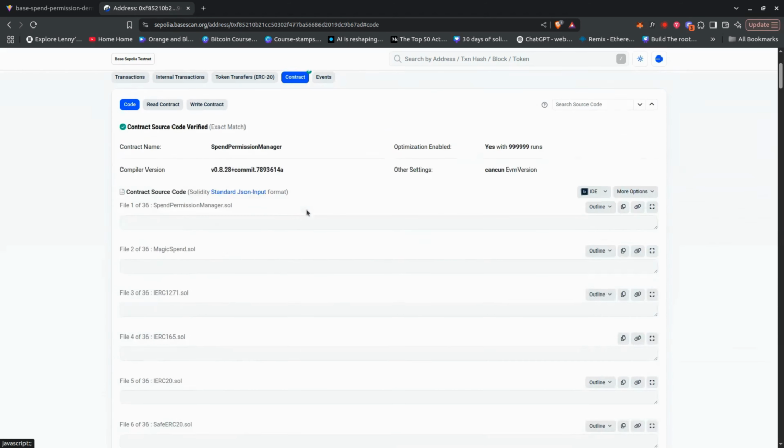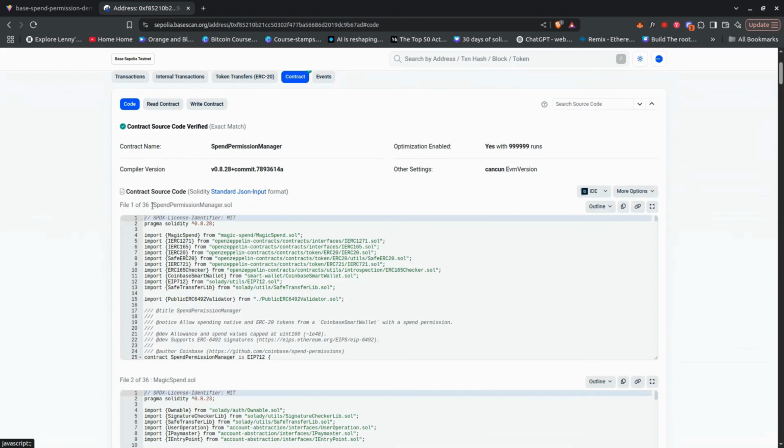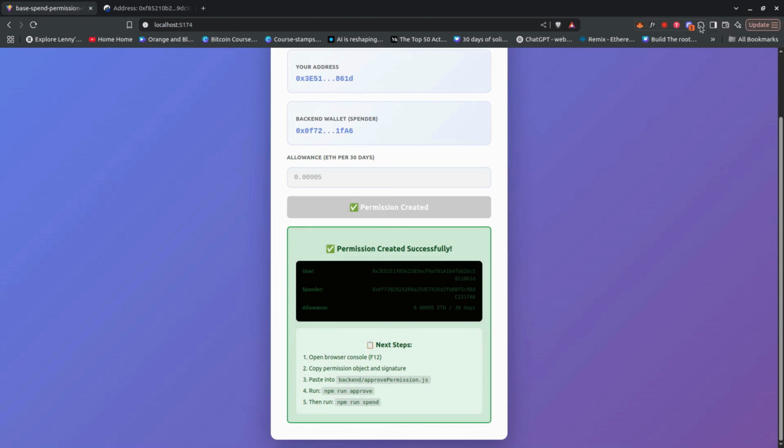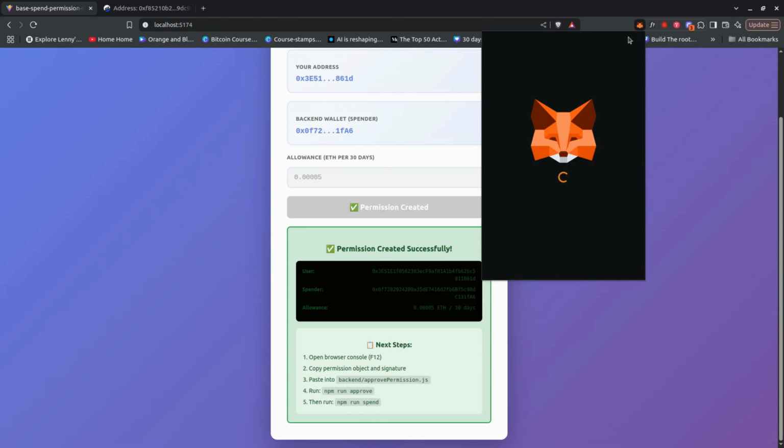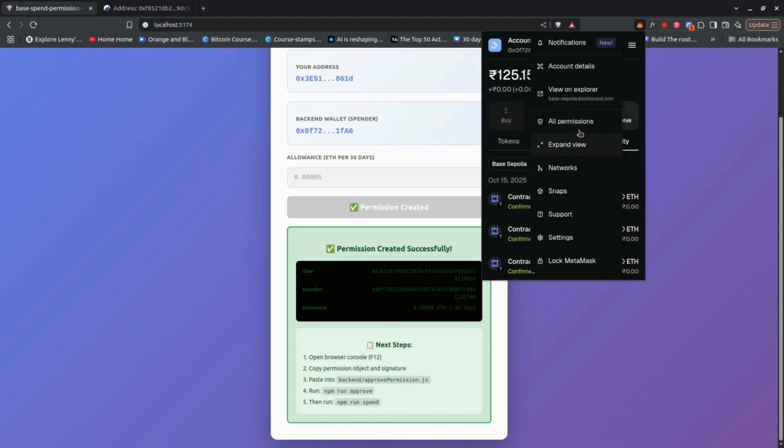Yeah. So you can see this, right? Yeah, the spend permission manager. This contract will handle the whole registration of the spend permissions and stuff. So we need to access that. And one more thing that we need to do is, of course, we need to get the